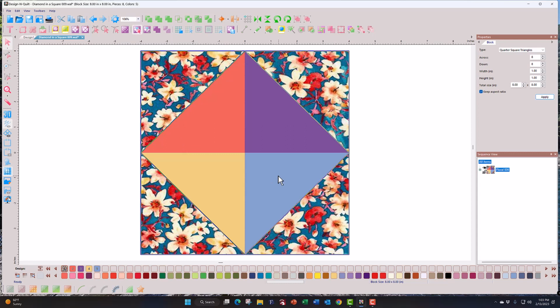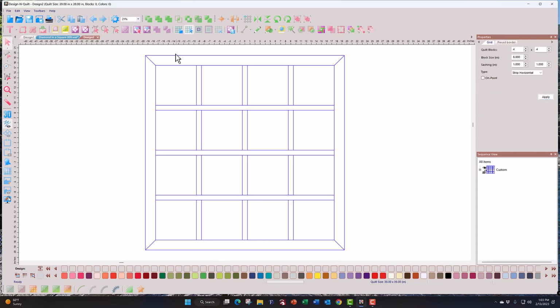So once we have our blocks, then of course we would move over and start to create a quilt grid layout and look at what our entire quilt would look like. So let's go ahead and pop over and do some of that right now. Okay, so I'm going to come right here to this icon, which is a new quilt layout. So I'm going to click that, and it's going to open up a quilt grid that is right now 4